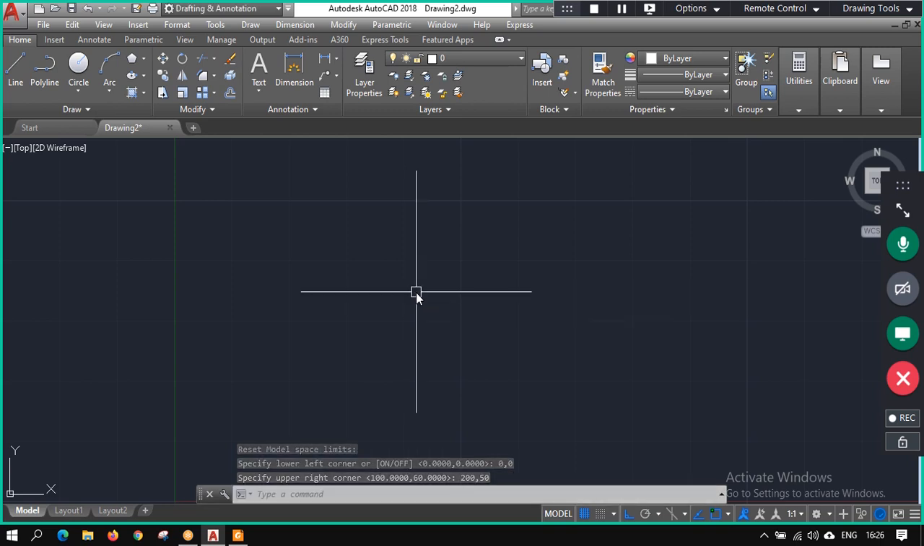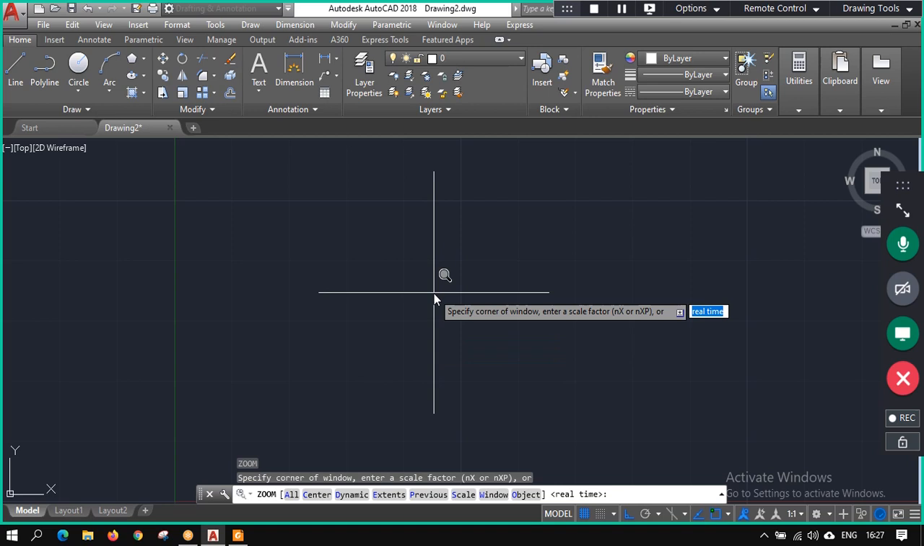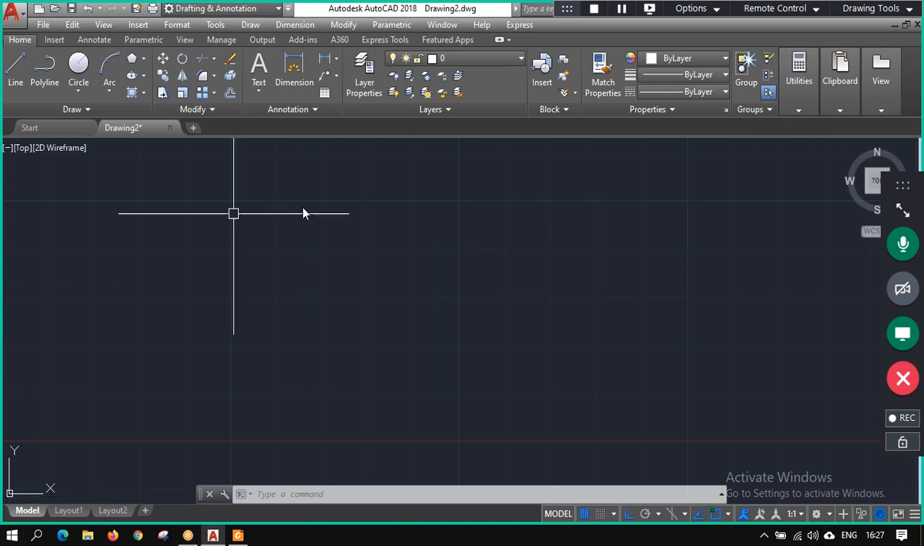We couldn't understand how much the limit size or the page size has decreased or increased. So the simplest way is to press Z, then press enter, then press A, then press enter. So what that will do is fit the entire page in a single display area, the displayed area, that means this black area. Okay,